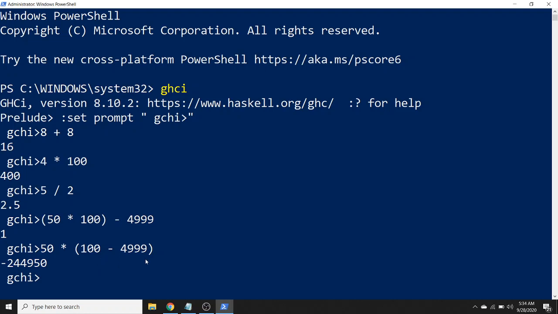In this case, we used parenthesis for 100 minus 4999. This expression will be evaluated first and then the value will be multiplied with 50.